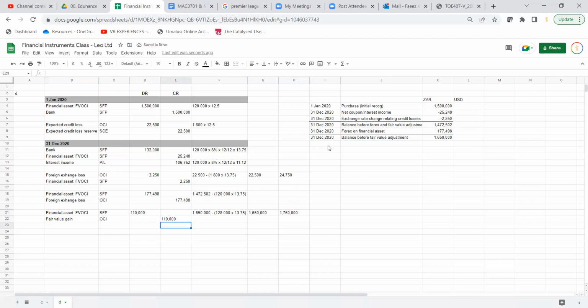So all we're going to do over here, same date, fair value gain 110 as a debit. So we say we have it positive. So the balance should be what we expect. Balance calculated equal the sum, expected balance, which is